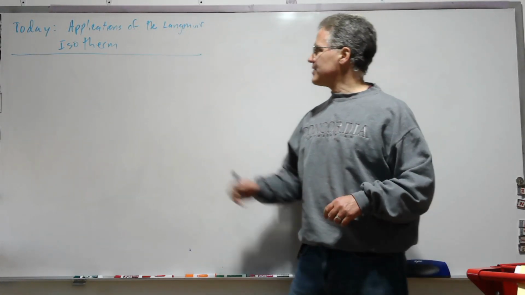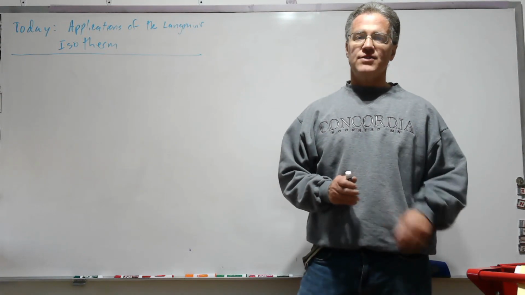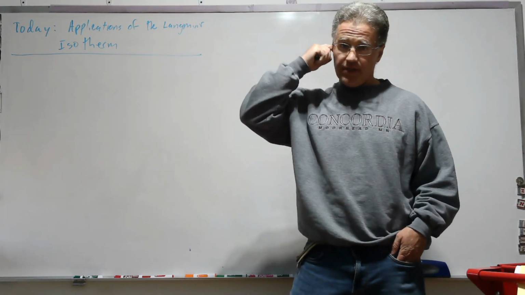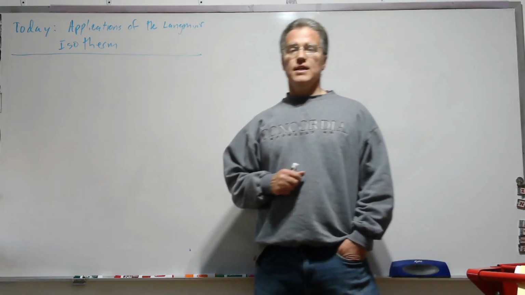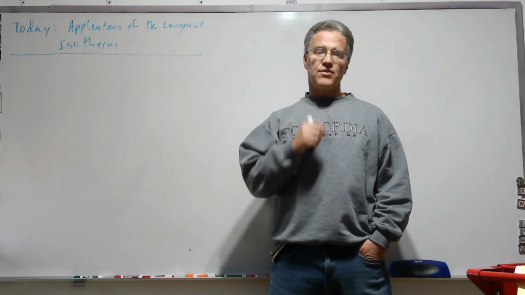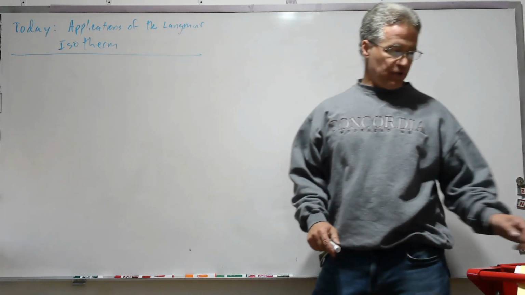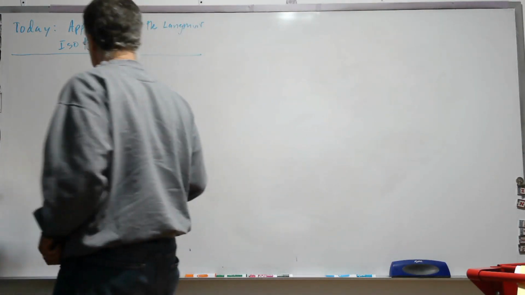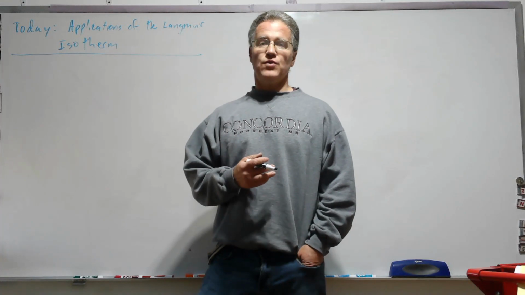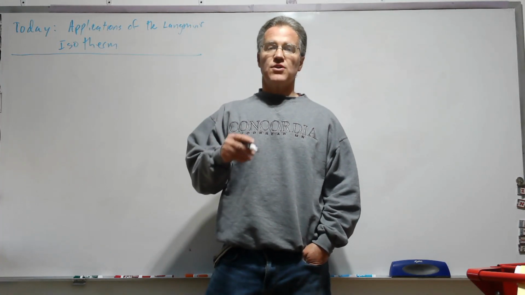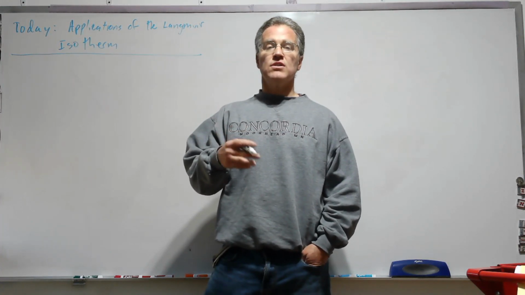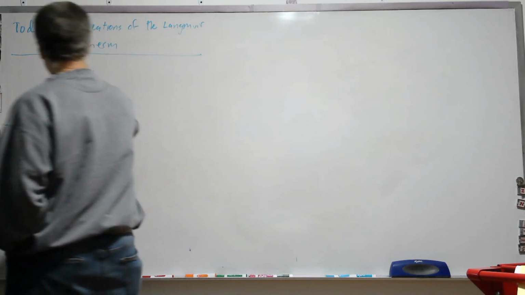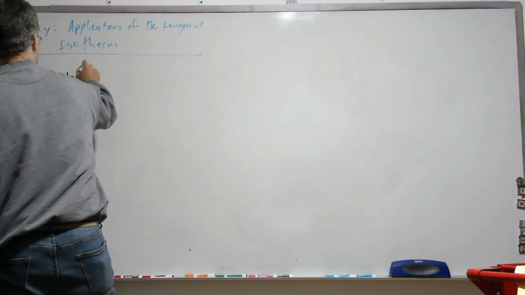Okay, today we're going to look at some applications of the Langmuir isotherm. And the first thing we're going to do is just recast the isotherm in terms of concentrations rather than pressures, like we did in the previous video. And here we can think about all sorts of different binding situations, like a drug receptor, neurotransmitter, ion channel, something like that. And so our model here is going to be a ligand plus receptor